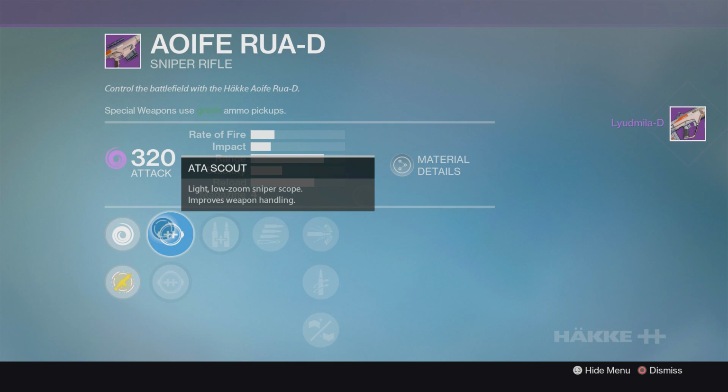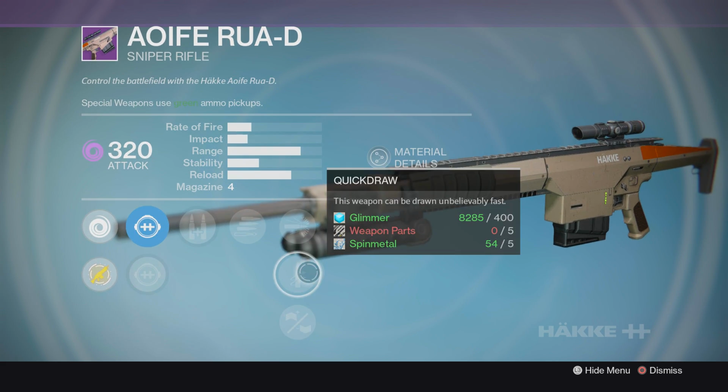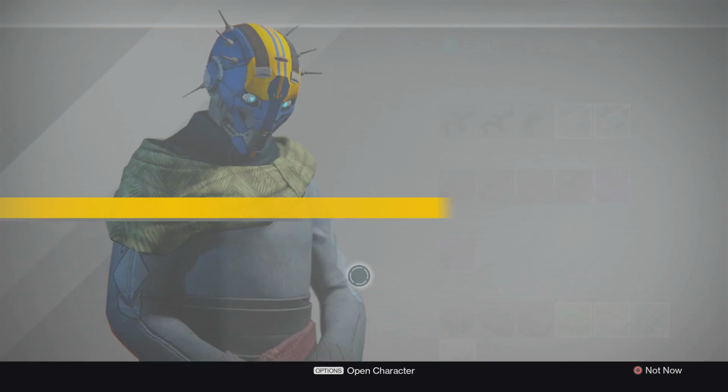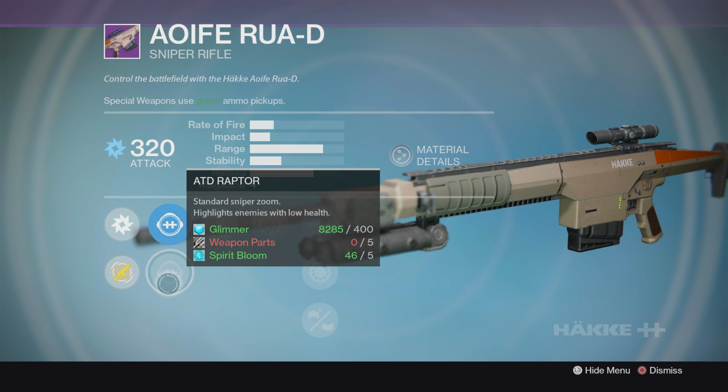Alright, and finally we've got the Aoif Rua D Sniper Rifle. Roll number 1's got Surplus, Who's Next, High Caliber Rounds, Quick Draw, and Injection Mold. Injection Mold's going to give you a nice boost of stability, but really there's nothing else about roll number 1 really worth talking about. Roll number 2 comes with Counterbalance,